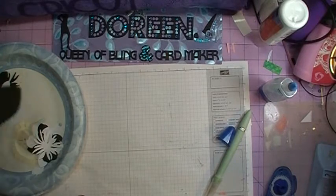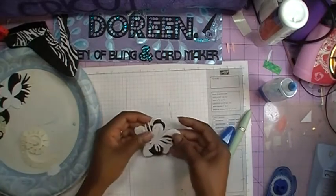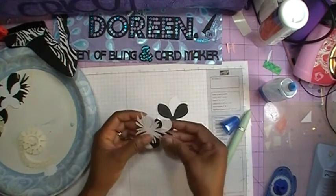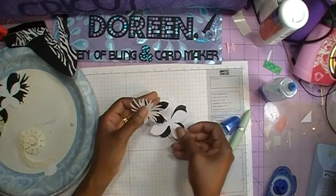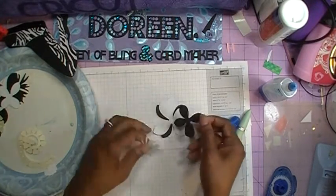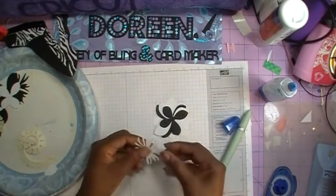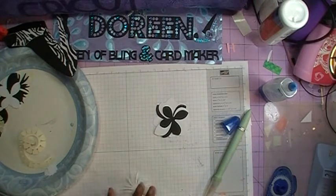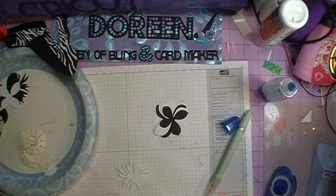So let's move on and make our flower. These are all of our pieces for our flower, and I've laid them out already how I want them to lay. And then we'll just put this one like so. You're kind of offsetting them. And then with this one, what I want to do is I want to have the edges kind of curl